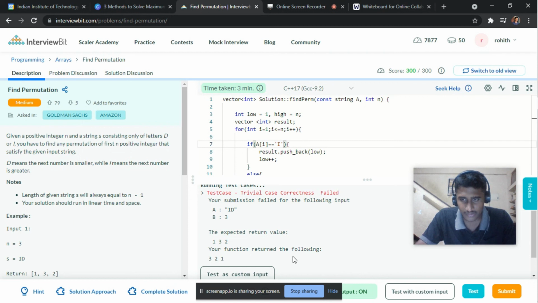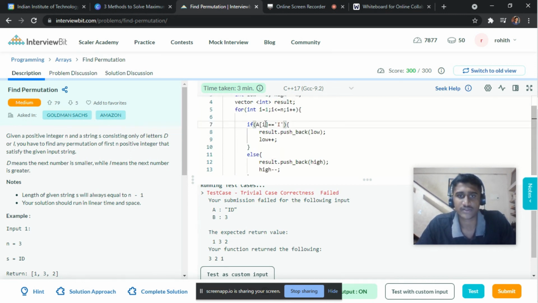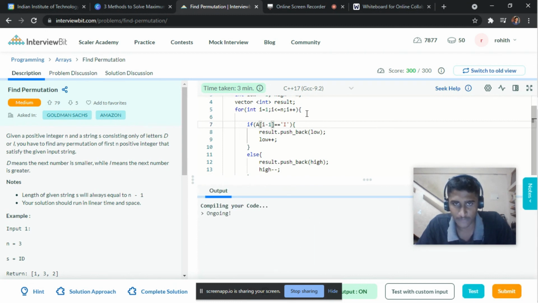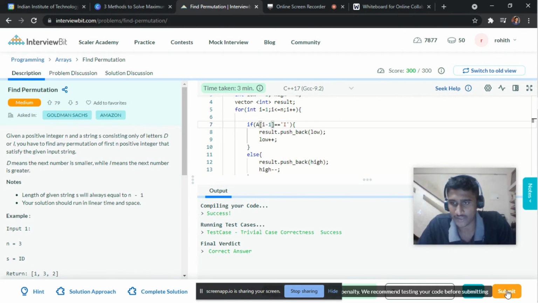Okay, your function returns 2 1. Sorry guys, here we are starting i equal to 1, so here we must have i minus 1. I hope you understood. Yeah, it's correct. So let's submit the code.